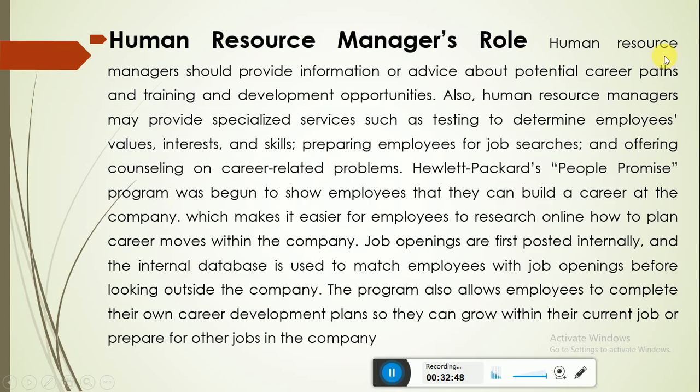So human resource managers should provide information on or advice about potential career paths and training and development opportunities. Also, human resource managers may provide specialized services such as testing to determine employees' values, interests, and skills, preparing employees for job search, and offering counseling on career related problems. Thus, a company